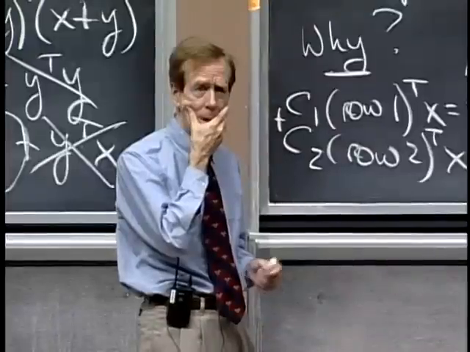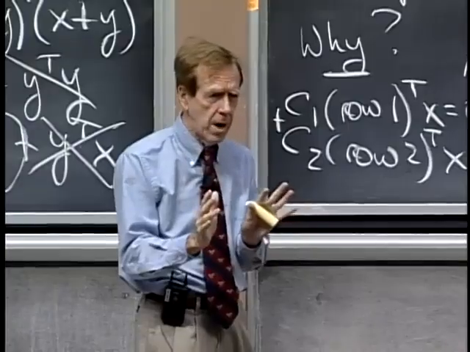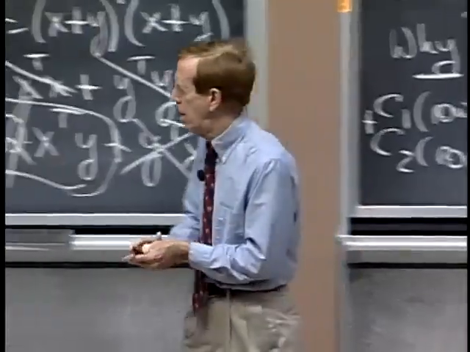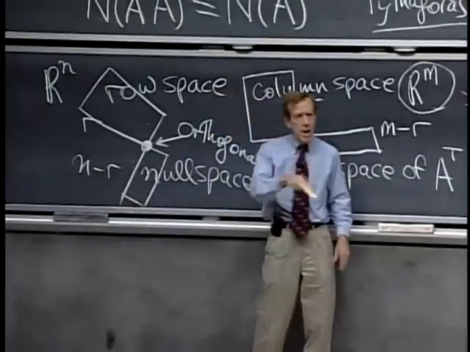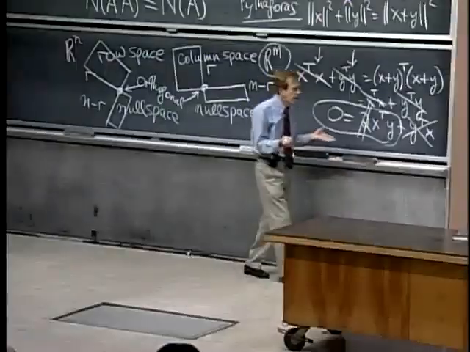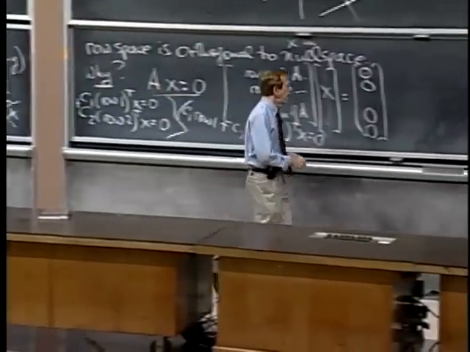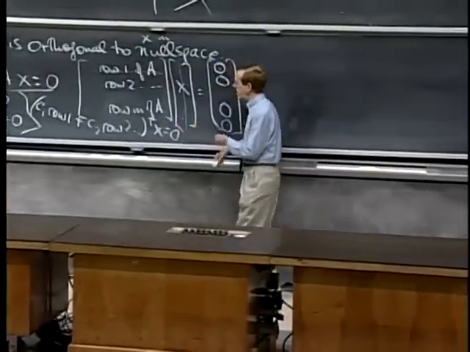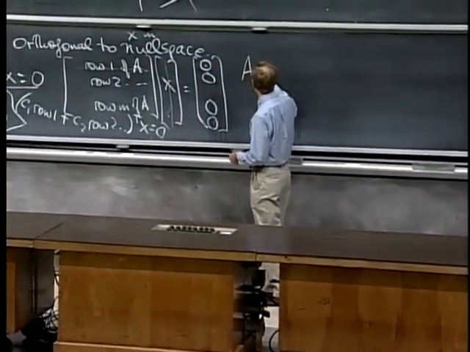No. Why not? Because the dimensions aren't right? The dimensions are no good. The dimensions here, r and n minus r, they add up to 3. They add up to n. If I just follow that example, if the row space is one-dimensional, suppose A is, what's a